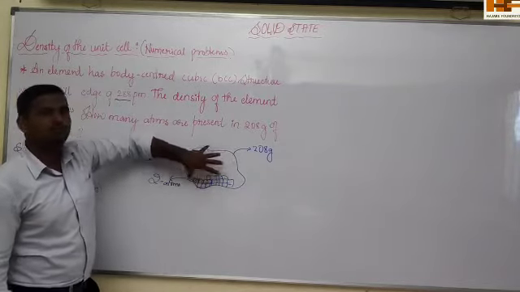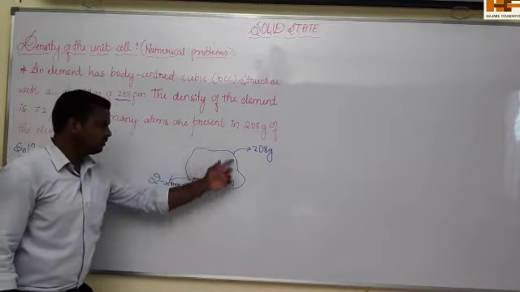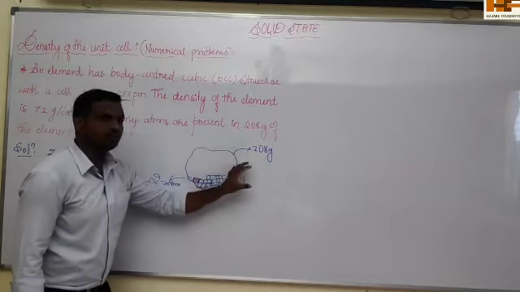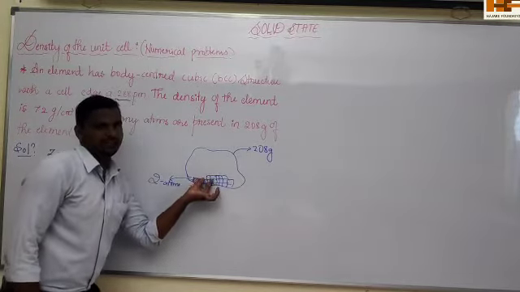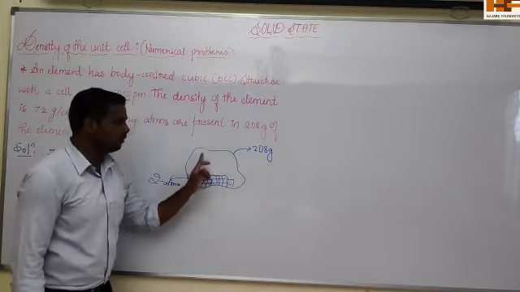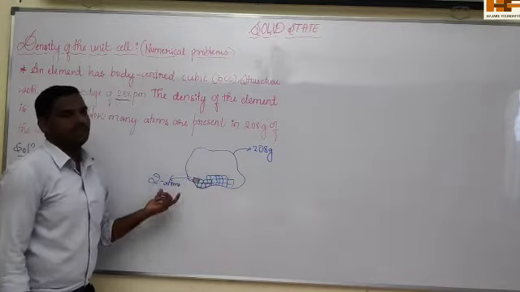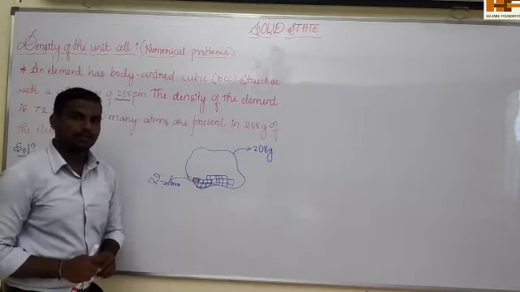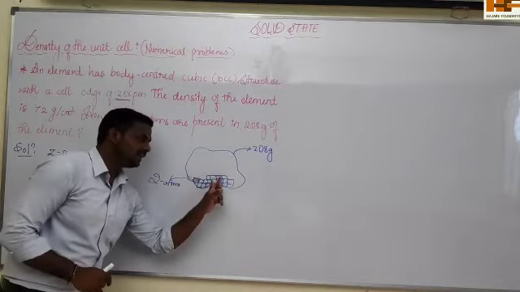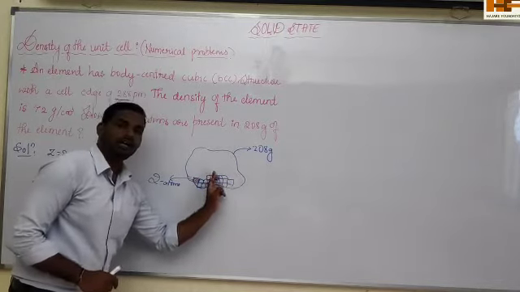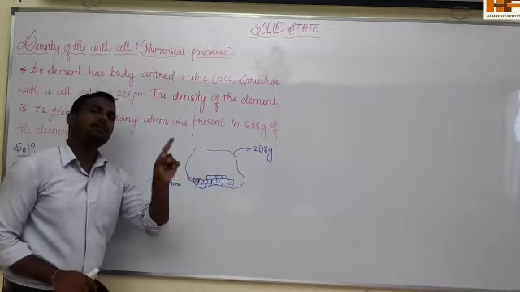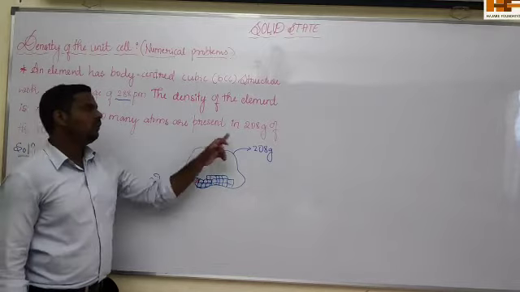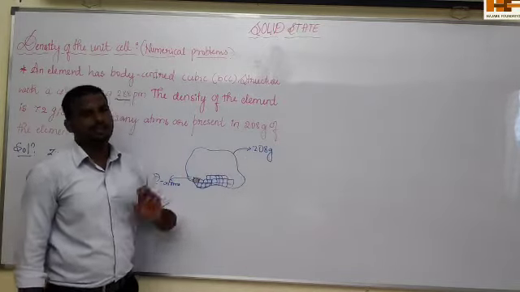But I don't know the volume of this one. If I want to find out the total number of atoms, first I should find out the volume. If I know how many unit cells are present in this whole volume, then I come to know the number of atoms. First I have to find out the volume of the unit cell. After that, how many unit cells are present in this whole element, I should find out. If I get the number of unit cells, then I can easily find out the number of atoms present in the whole 208 gram of the element.